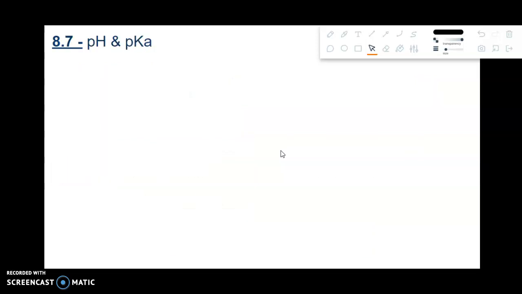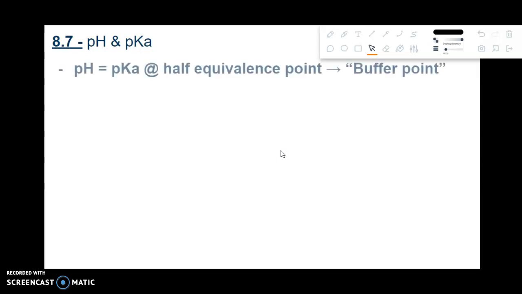pH and pKa, 8.7. An important thing about the pH-pKa relationship is how it shows up on a titration curve. And when the pH is equal to the pKa, we call that the half equivalence point. So a traditional